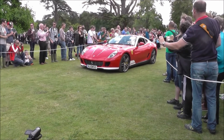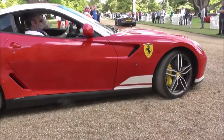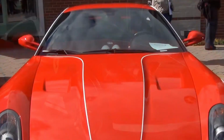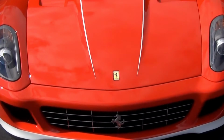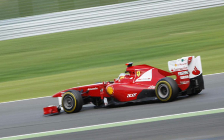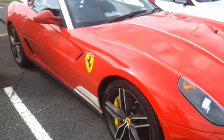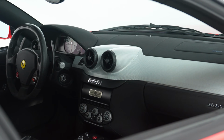Only about 40 of these were ever made, and only 9 made their way into right-hand drive markets. Alonso's own is finished in Rosso Scuderia, with white livery details that channel the F150 Italia, the very car he won with at Silverstone. There are Scuderia Ferrari shields on the fenders, and a commemorative dash plaque bearing a facsimile